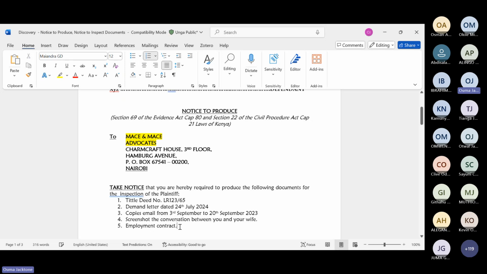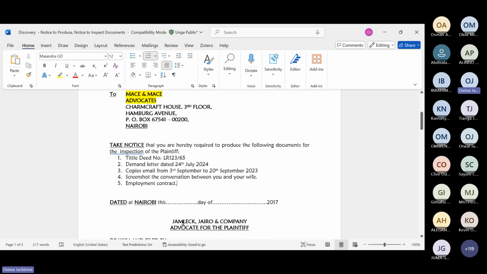You know, so these are the things you are preparing. Okay, so the question will tell you. Again, guys, do not be creative. If you are creative, you will cry. Just write what the examiner has told you. If you're told demand letter, just write it. Don't create documents of your own. Just write what the question is saying.